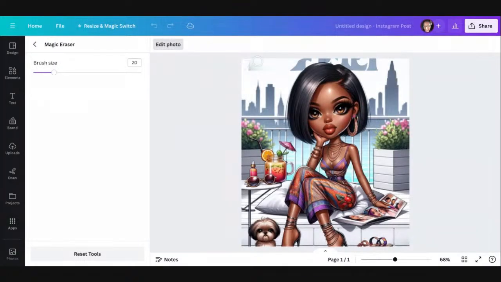Okay, kind of erased it. Let me try it again. I'm going to try to get a little bit closer without touching her hair. I touched her hair a little bit. Sorry. I'm trying to see if I could do all of this in one little swoop without touching her hair. I'm going to probably have to make this smaller in order to get what we want, but let's see.